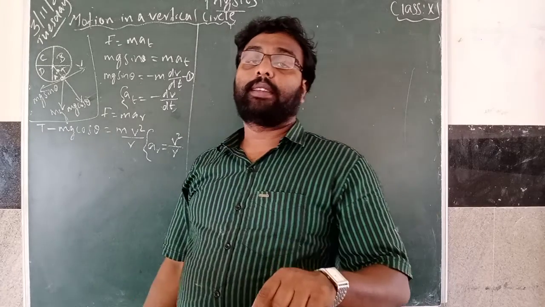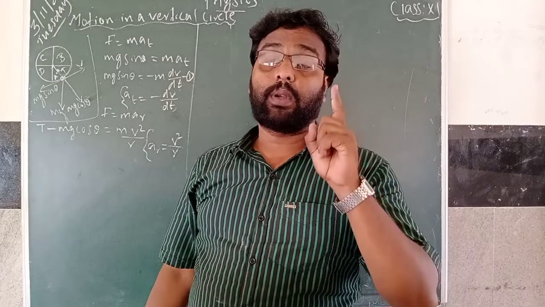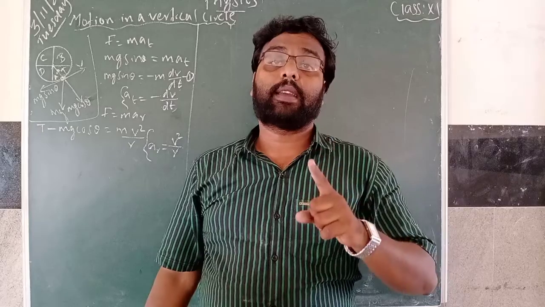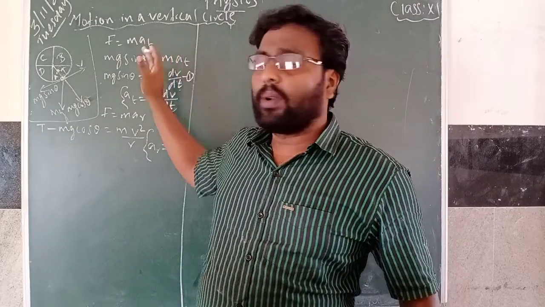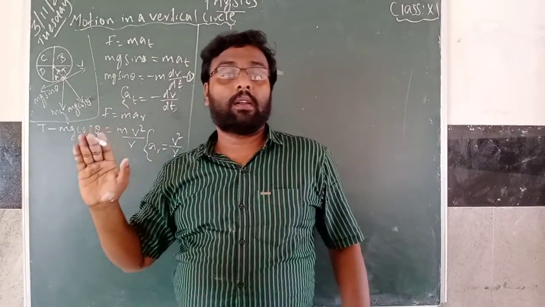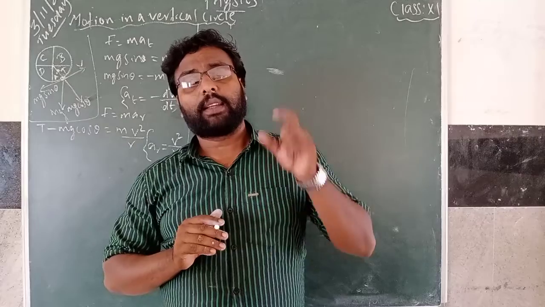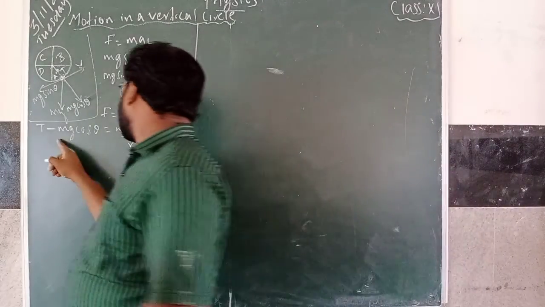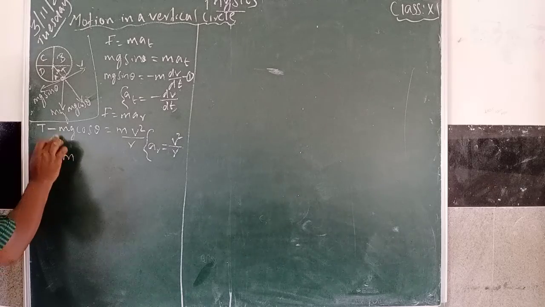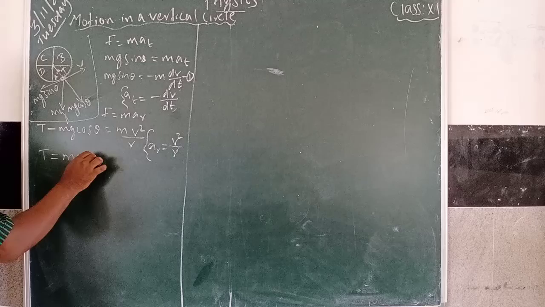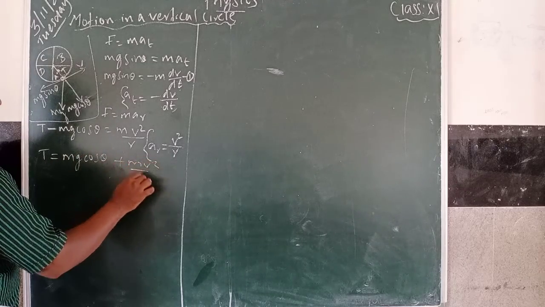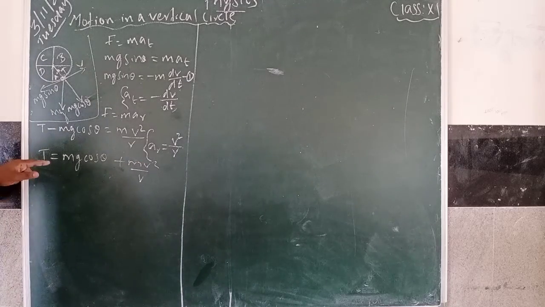In page number 187 it is given, there are 4 factors. First one is the mass is having tangential acceleration in all directions except theta equal to 0. And the second one, simply you can tell, this tension and velocity is not at all constant. And the third point is, from this equation, T is equal to mg cos theta plus mv square by r. So from this equation it shows that